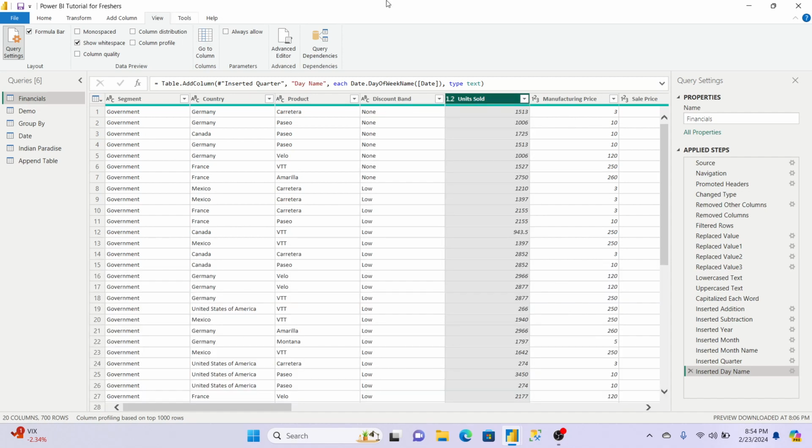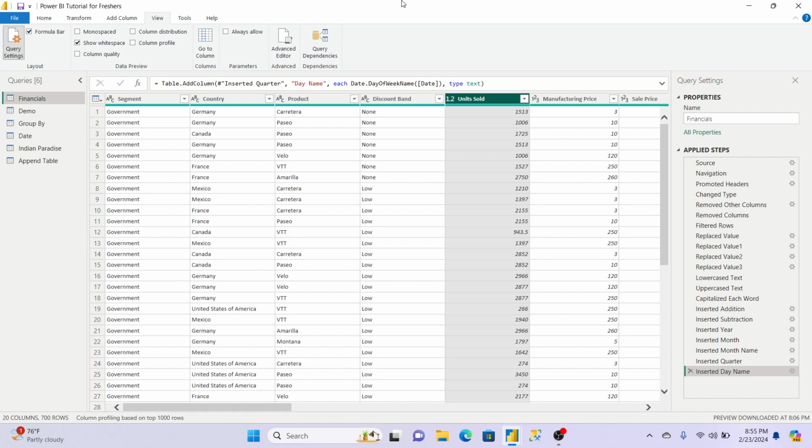This is the magic of column profile. So this question, data profiling, in that three options are there: column quality, column distribution, and column profile. This is a 100% question asked to experienced people, but even freshers they will ask. And if they do not ask you, then also you tell on your own that you know what is column quality, what is column profile, what is column distribution. So somewhere the interviewer will feel that yes, this candidate has very good knowledge about Power BI.